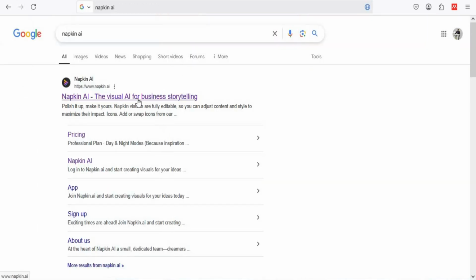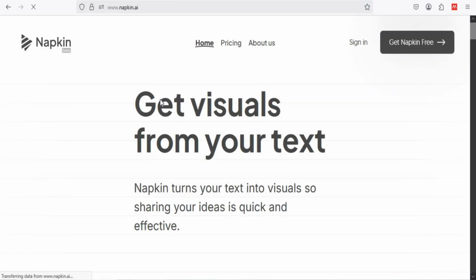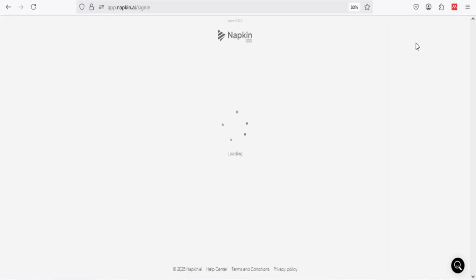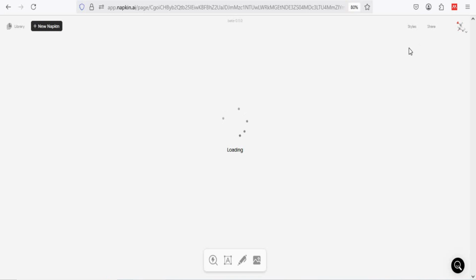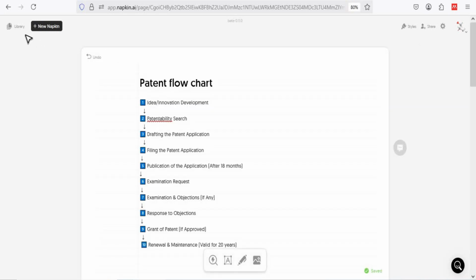So when you click on Napkin.ai here, I'm just going to click here. You will get this kind of option, get Napkin.ai free or sign in. I request you to first go on get Napkin free. When you click on get Napkin free, you will find here library and new napkin. So when you click on new napkin,